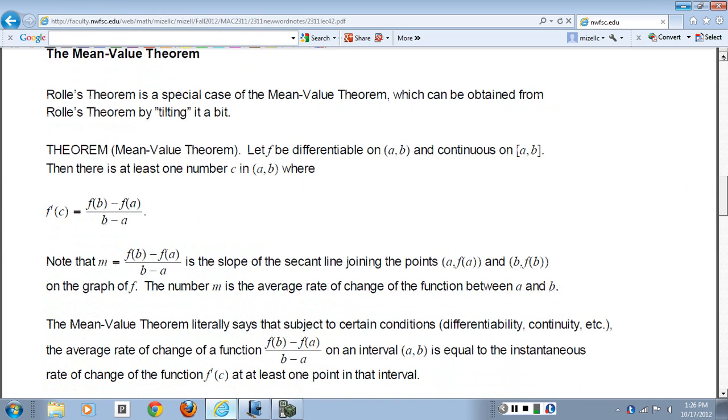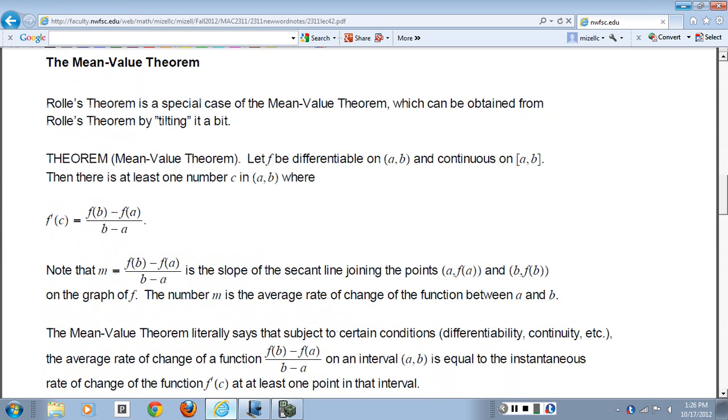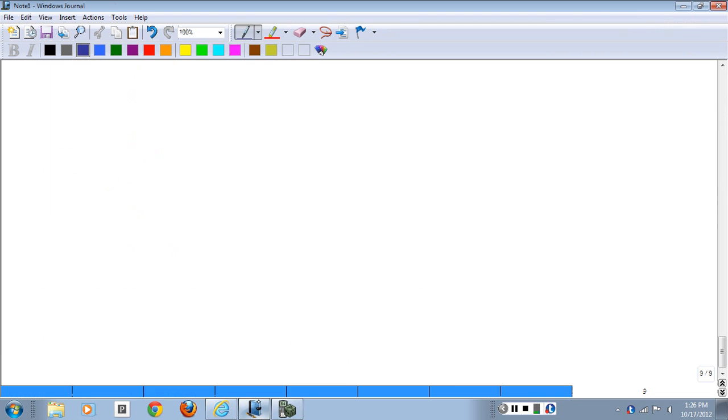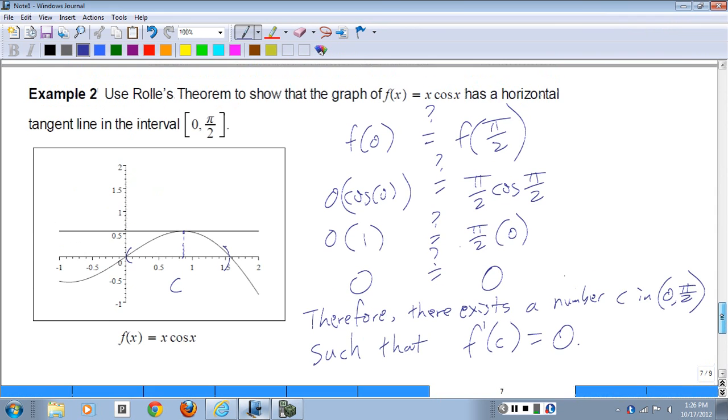The mean value theorem has weaker hypotheses than Rolle's theorem, so it applies to far more functions than we could apply Rolle's theorem to. But it's very closely related, because what's going on with Rolle's theorem is that we're saying that in between 0 and pi over 2, there is a point on the graph where the tangent line is parallel to the x-axis. Or maybe not the x-axis, but parallel to the straight line connecting these 2 points on